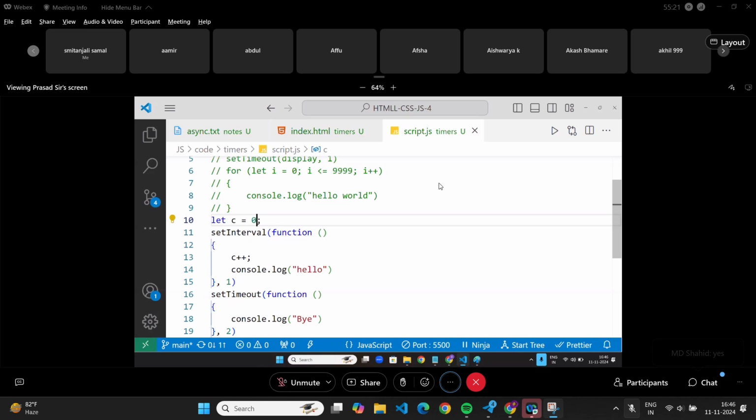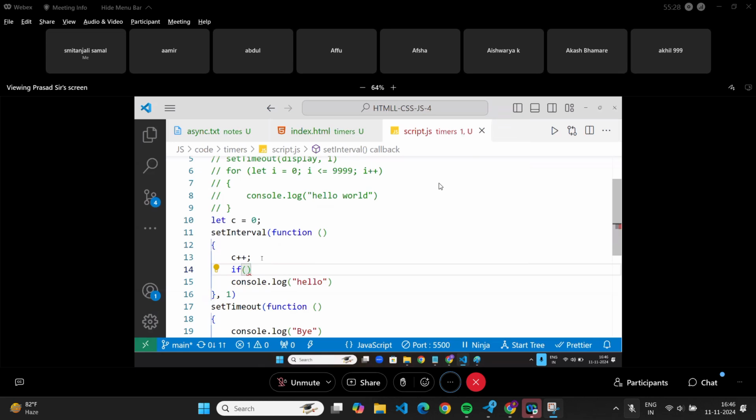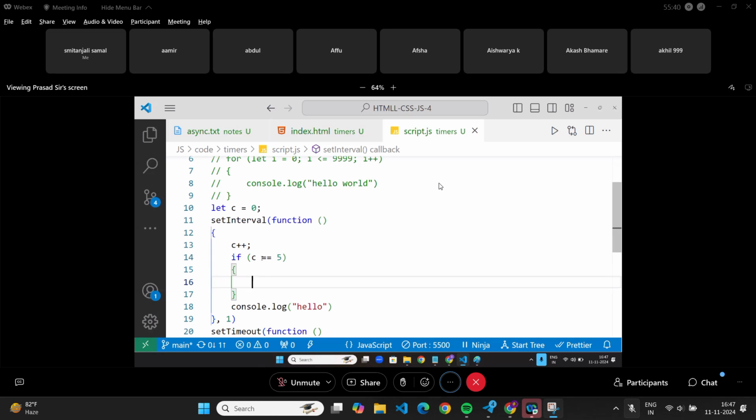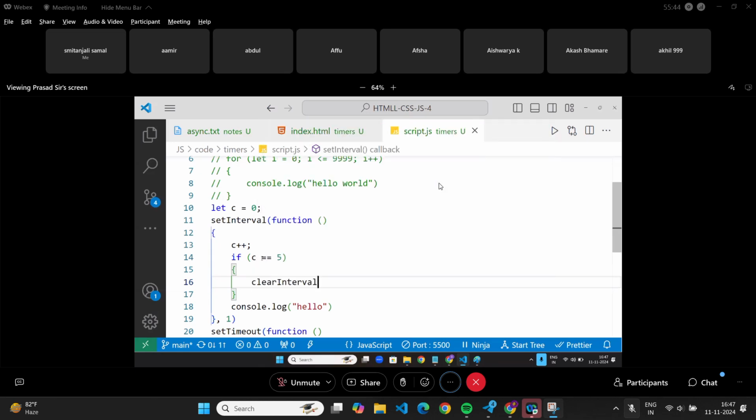Any doubts here? The moment C reaches 5, when C value is 5, I will make it clear interval. I have to clear it. But which interval?